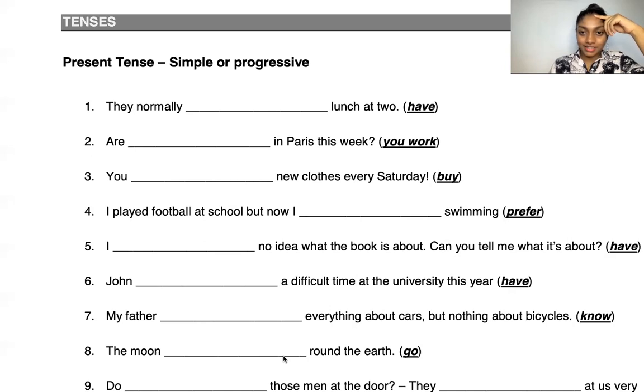what is the correct answer? Have or having? Have. Okay, someone says have. Yes, Nishi, what is your answer? They normally having